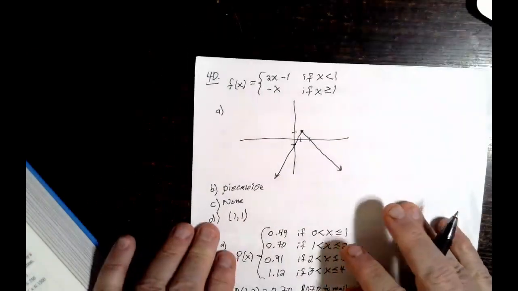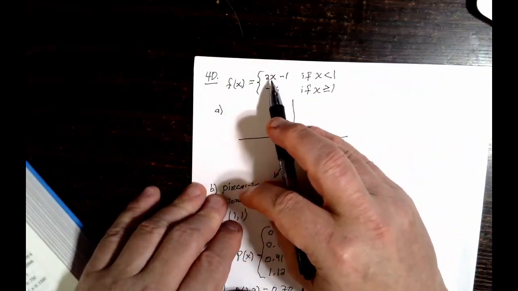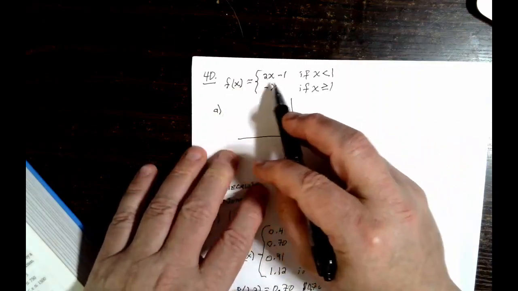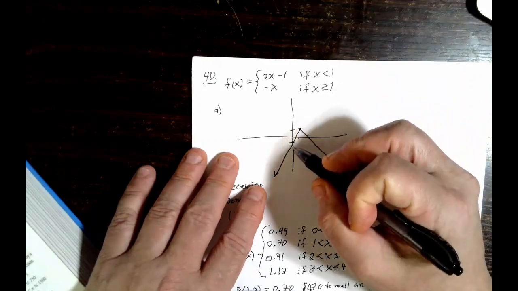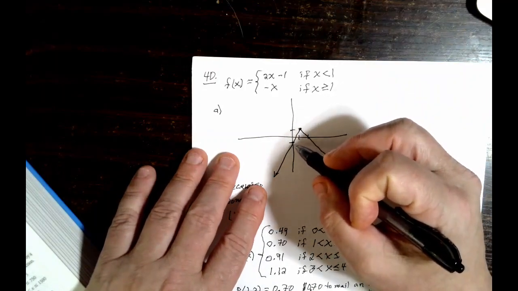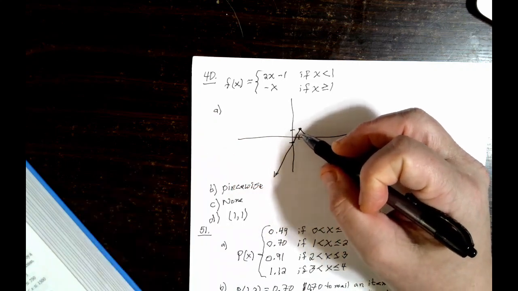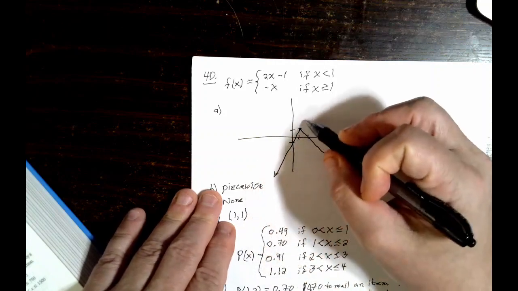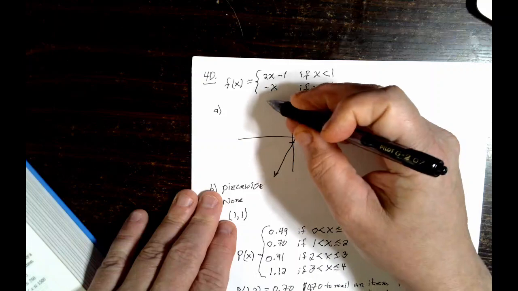Number 40, they want you to graph each of these lines. This is y equals 2x minus 1, and this is y equals -x. So y equals 2x minus 1 looks like this. It crosses at -1, and it has a slope of 2, which means rise 2 over 1. Connect the dots and you got it, but you want to erase this portion up here. And this one, y equals -x,